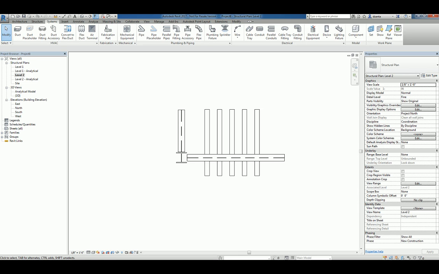This screencast will showcase how to use the Cut Face tool within Revit to handle collision situations with piping against